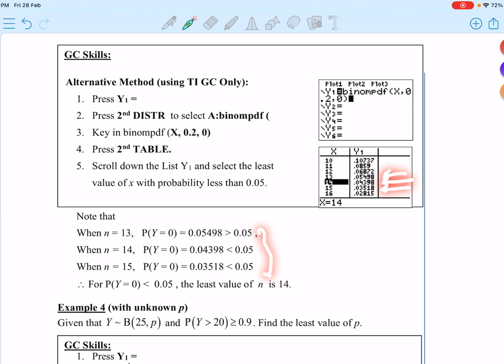For you to be able to do this, you should note that the X here takes integer values. Otherwise this method may not work. So obviously from the table,